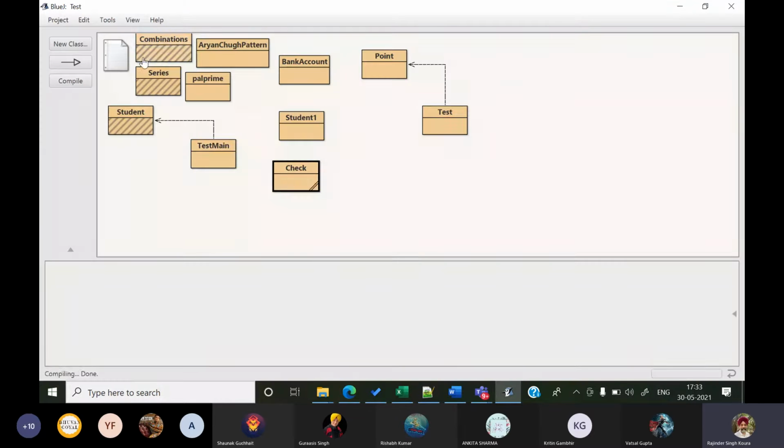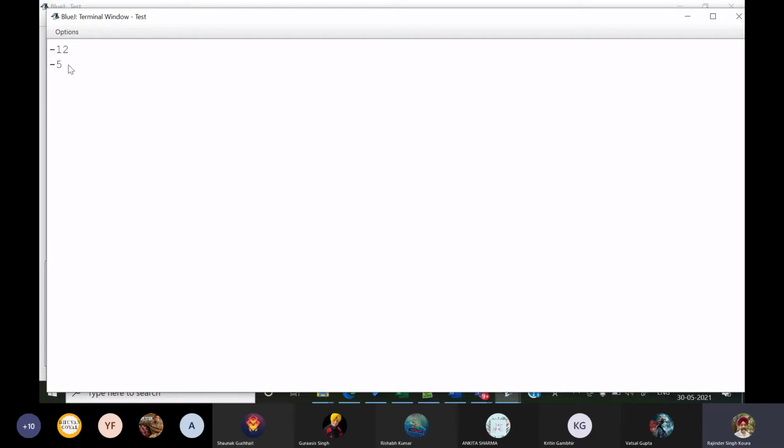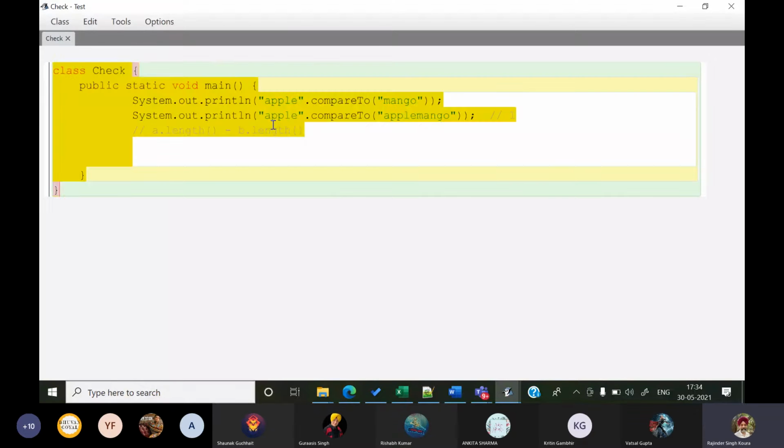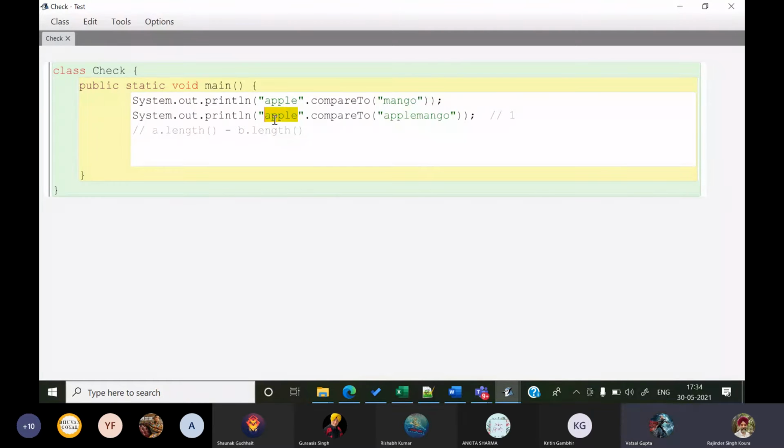So can we check this? हमने formula भी इसका create कर लिया है कि वो क्या return करेगा? It will return a -5. So how -5? It has actually returned a dot length, that is the first string का length minus second string का length. First string का length is 5 and the second string का length is 10. So 5 minus 10 is minus 5. Right? Yes, sir. Okay.